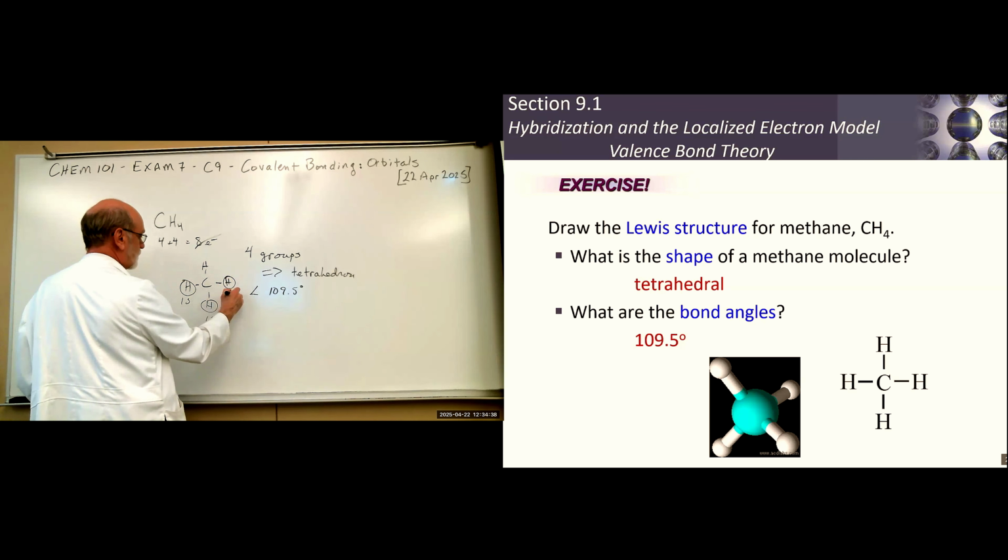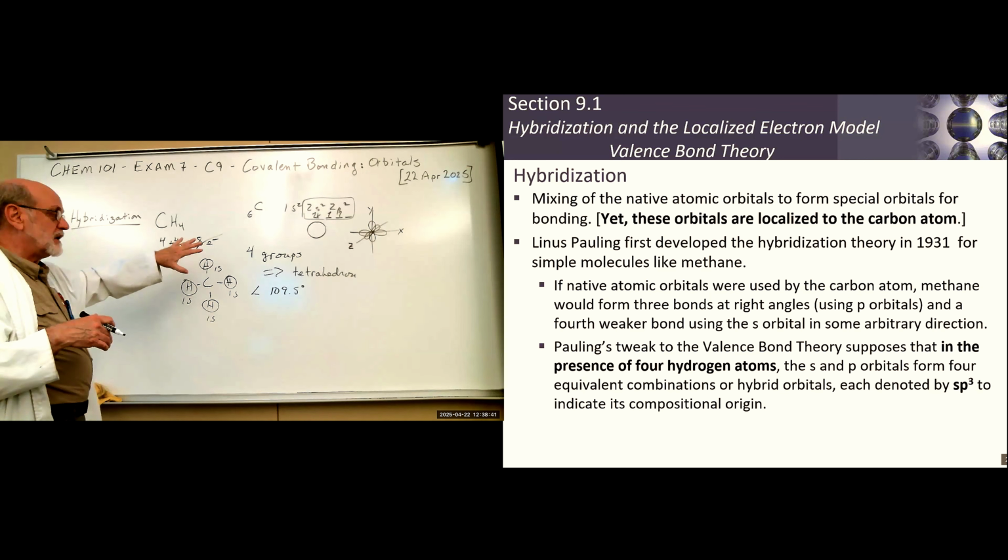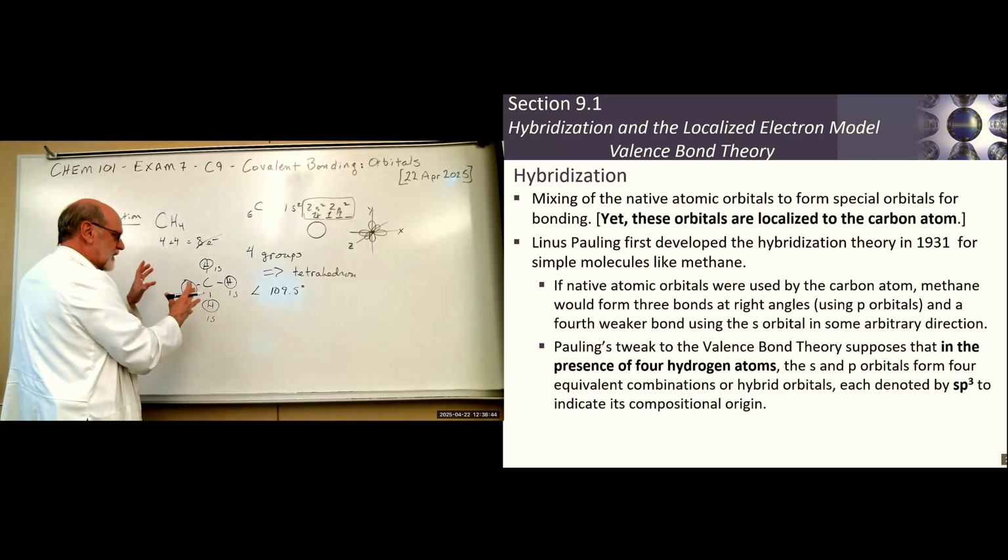So what Pauling said was, when the bonding requires that we end up with a known structure, and in our case we're talking about the tetrahedron, but it works for others too, and we'll cover those in a minute. But when it's required, then as the molecule comes together, the hybridization is invoked for the central atom. In this case, we take one s orbital, right? And we take three p orbitals,